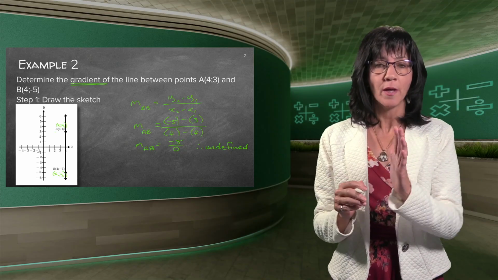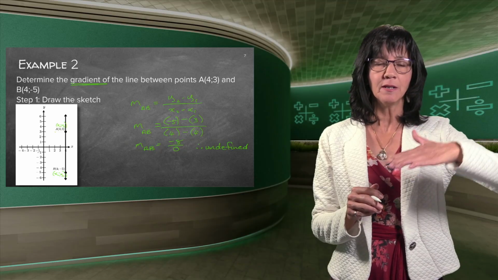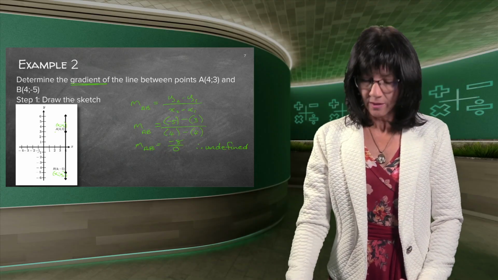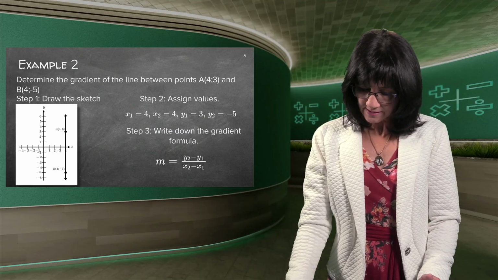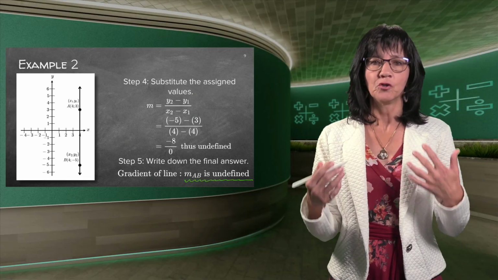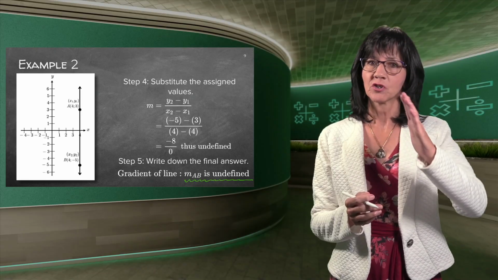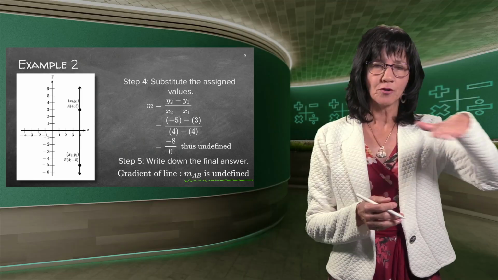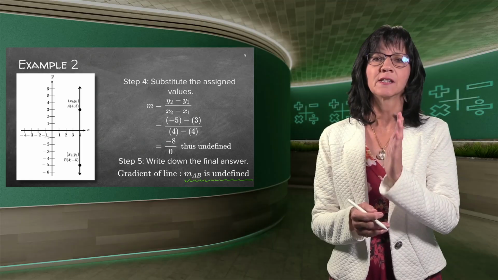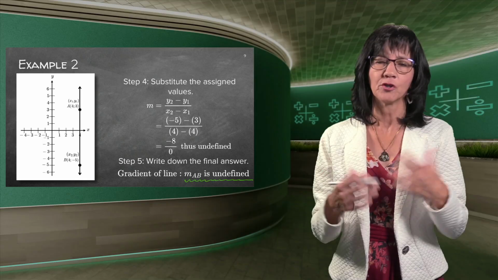So it's not skew at all. It's not horizontal, then we have a 0 gradient. It's vertical, and a vertical line does not have a gradient at all. I'm going to leave this one. I'm going to not wipe it out. The answer is there in formal setting, but I just want to show you, if you write it down, the gradient of AB is undefined. So please do not say the gradient is 0, because it cannot be. You just say the gradient is undefined, and that means it's not skew in any way. It's also not horizontal, which is nice and straight, 0 gradient, not skew. A vertical line is the funniest gradient, and that is just undefined. So you just say undefined.